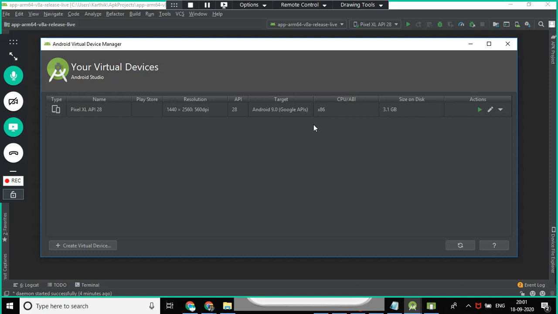What is your system RAM? Sir, 6 GB. But you are giving the complete 6 GB to the emulator only, how is it possible? You give 2 or 3 GB. See, I'm running in 3.1 GB.